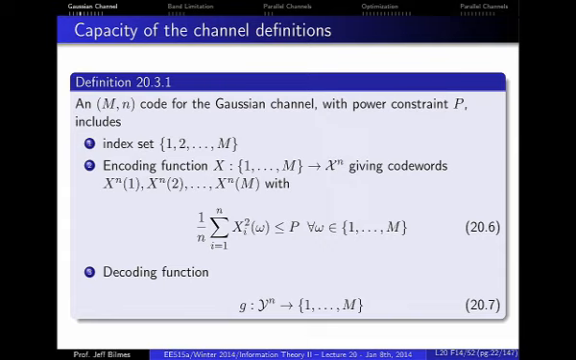They mirror image all of that stuff, and there isn't really much in the way of differences, except in terms of this power constraint, which is the real difference. So we have the notion of an MN code,